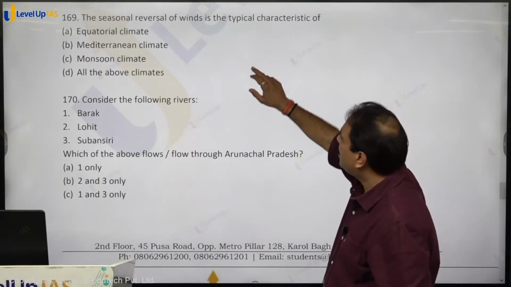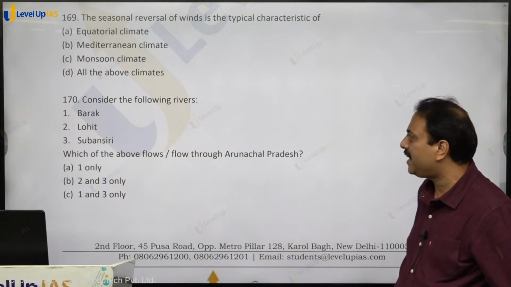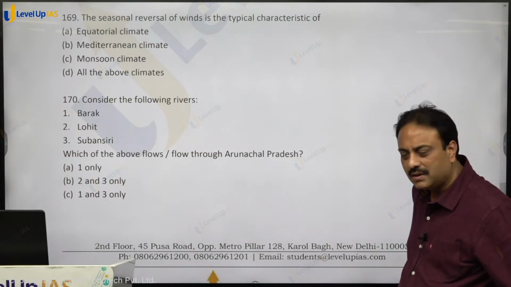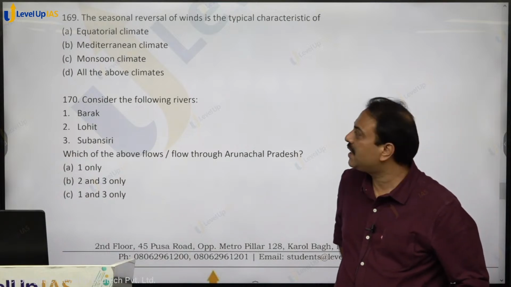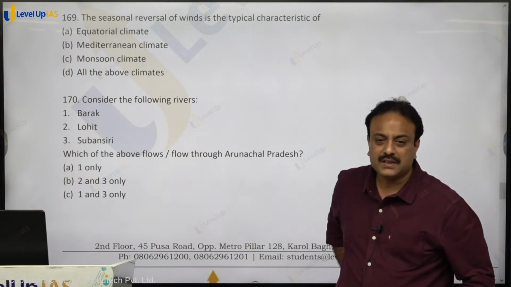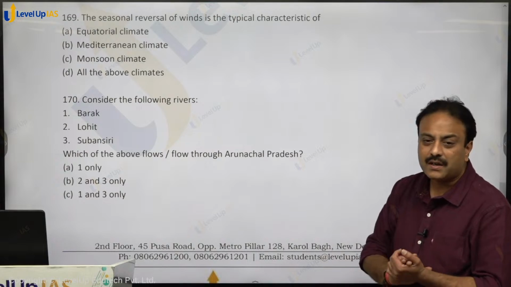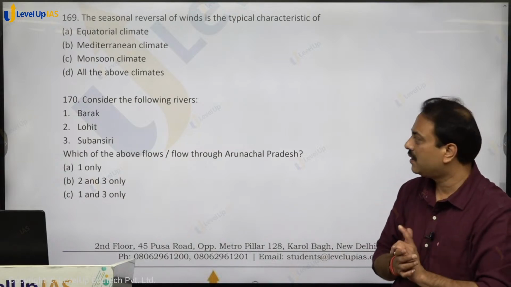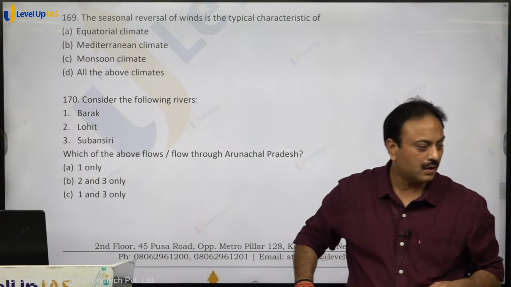The seasonal reversal of winds is typical characteristic of equatorial climate, Mediterranean, monsoon, all the above. Monsoon, equatorial climate and Mediterranean. Seasonal reversal is there in Mediterranean, but in equatorial, seasonal reversal is not there. If it would have been only Mediterranean, तो एक बार को confuse हो सकते थे, right? So monsoon, option C for cat will be the